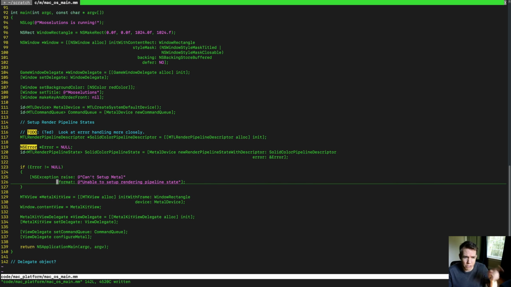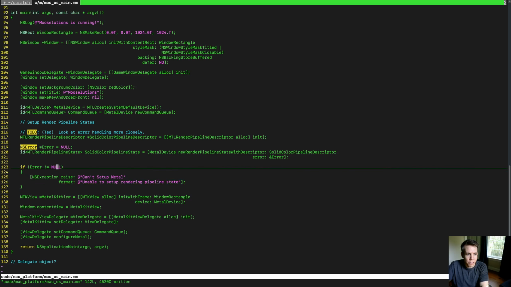This is okay though, because at the top level, as soon as there is an exception, the app is just going to crash, and that's exactly the behavior that we want here. So we need to be able to set up this render pipeline state. If we can't, we hard crash. That's the idea. Now this isn't going to really do much for us if we don't have a vertex function